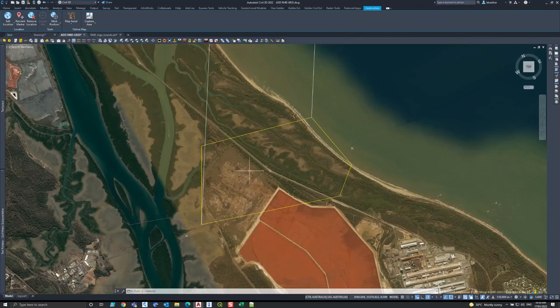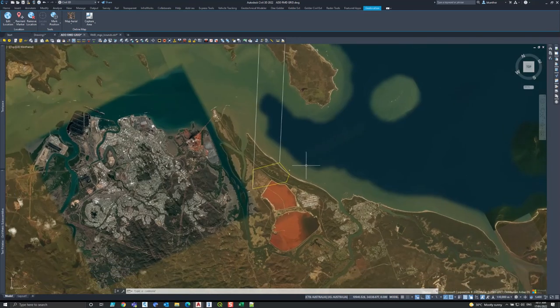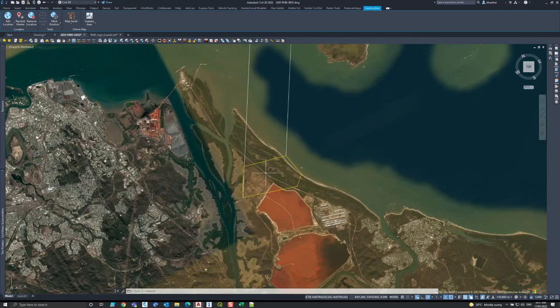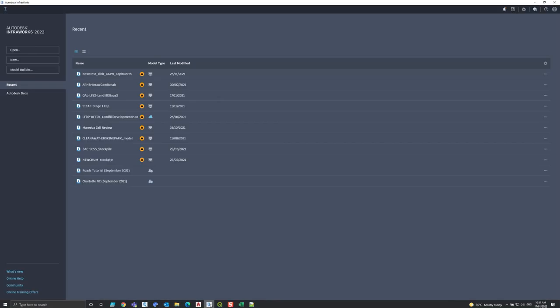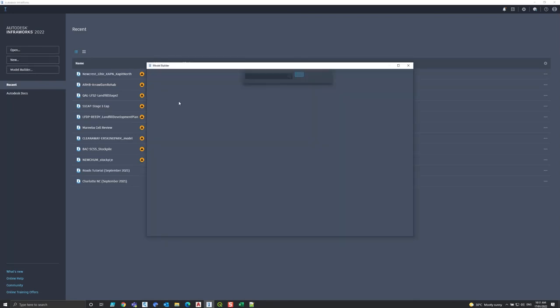So that's cool. Now in CAD, we can get imagery to come in from public data and be transformed nicely as well. Now, what's even better is this. Once you add a coordinate system in CAD, and a lot of people aren't familiar with this, it'll also transform to other products that depend on it. One of the key products in the Autodesk suite is Infraworks. So now if we go into Infraworks, and let's say we go to the model builder, and we start a new project,